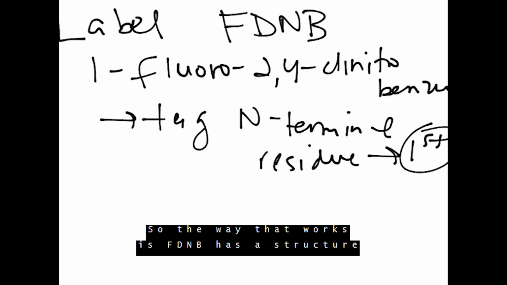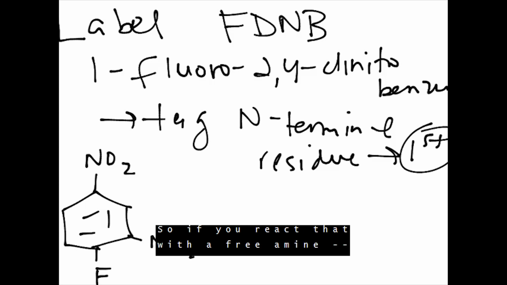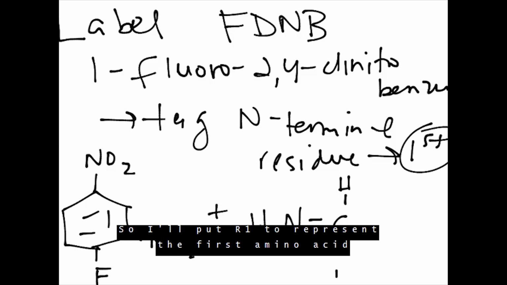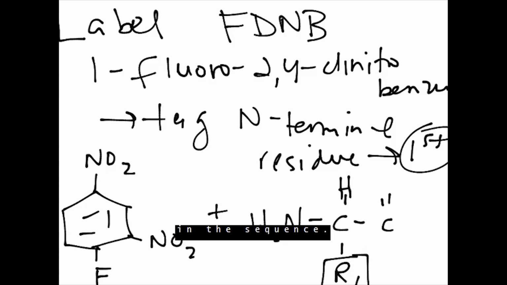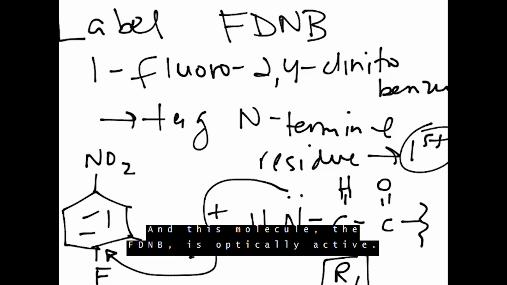So the way that works is FDNB has a structure that looks like this. So you know it's 2-nitro, and there's our fluorine. So if you react that with a free amine, such as on the N-terminus of an amino acid, so I'll put R1 to represent the first amino acid in the sequence, and then it just goes on. So you get a reaction right here. And this molecule, the FDNB,